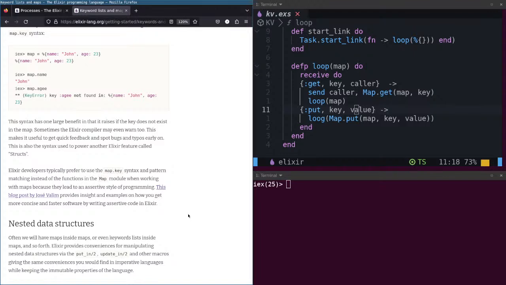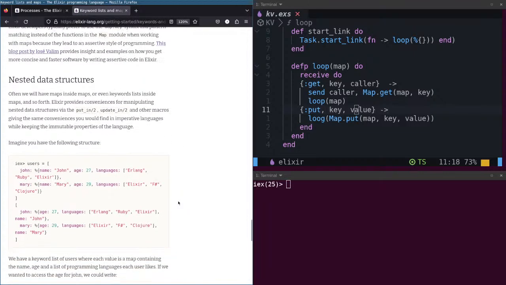Sometimes the Elixir compiler may even warn too. This makes it useful to get quick feedback and spot bugs in types early on. This is also the syntax used to power another Elixir feature called structs.